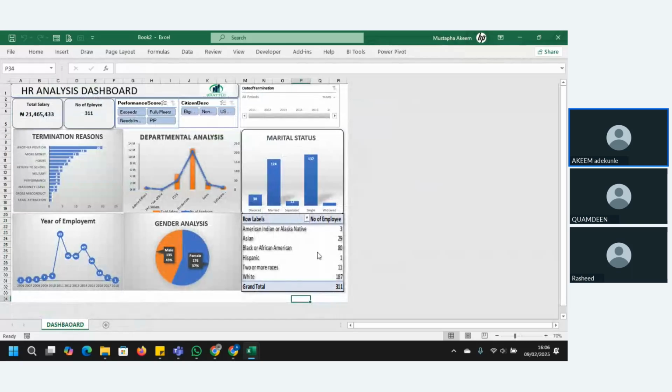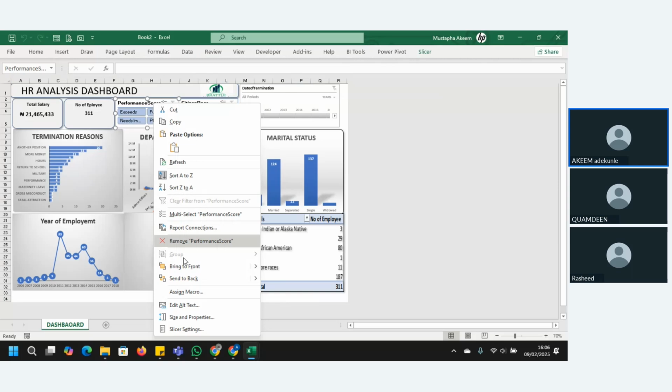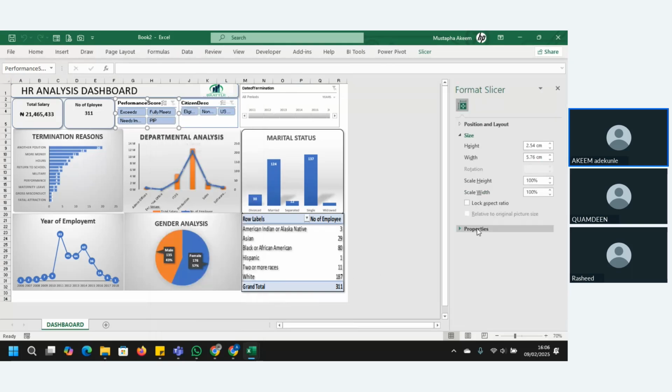So what we have here is, let me click on this and see. I think there's nothing to allow us to do. Now we go back. Let's unprotect the sheet. Now let's go back to this slicer. Right click on the slicer and go to Slicer Size and Properties. At this place, you lock